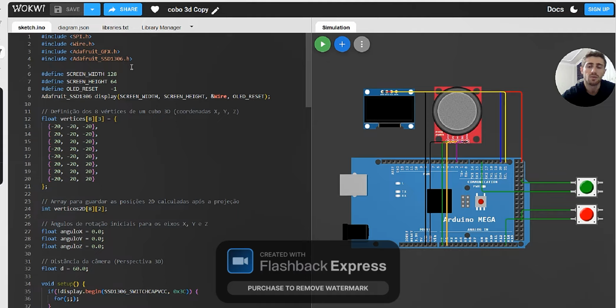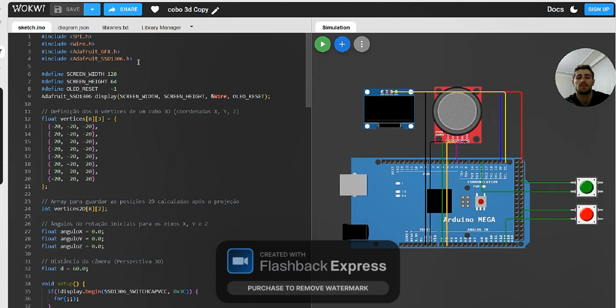Inside the main loop, the Arduino performs three rotation calculations around the x, y, and z axes using sine and cosine functions. After the rotation is complete, the program applies a perspective projection to transform the 3D coordinates into 2D screen coordinates.